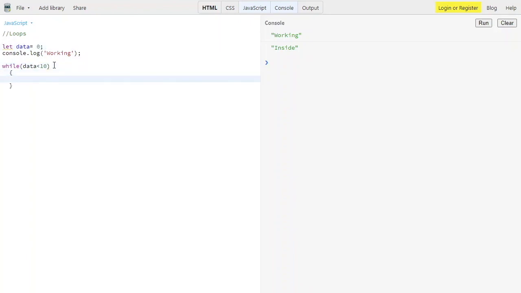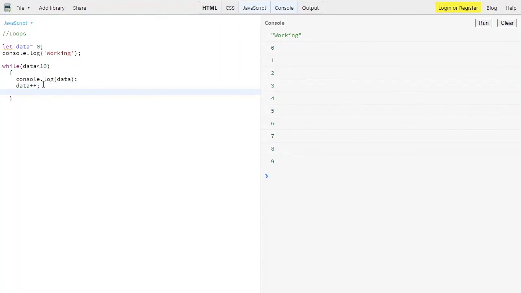Then we have console.log with the value of data, and then data plus plus. Let me clear it and run it. See, it gives me up to 9. For example, I don't want 9, I just want to break on a certain condition, which is 5. So how can I break this? I'm using a break statement over here.